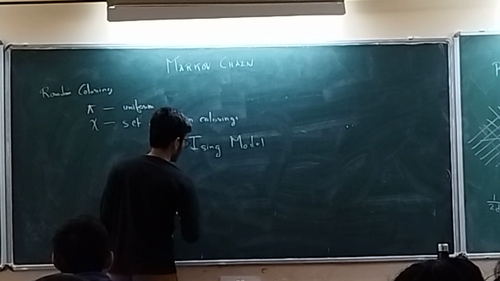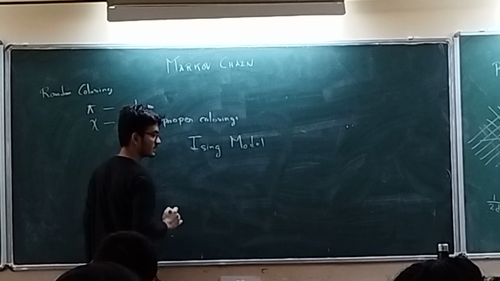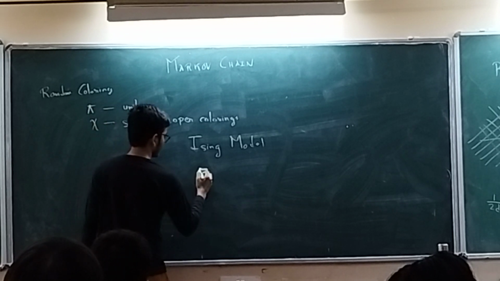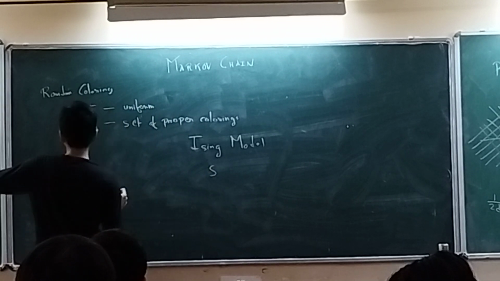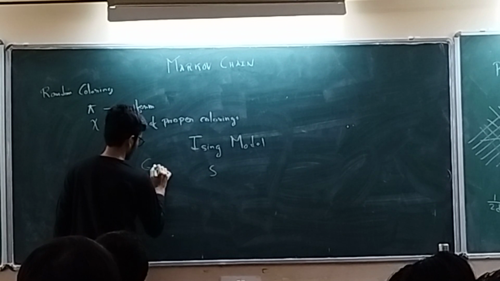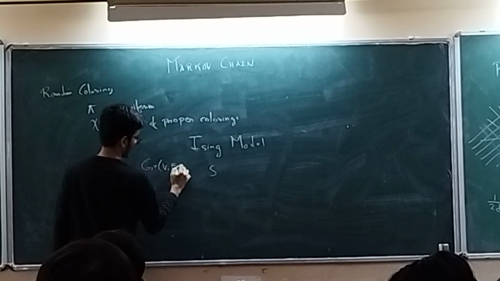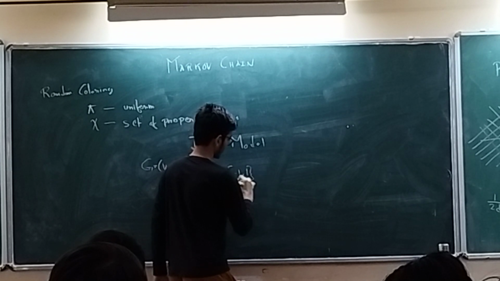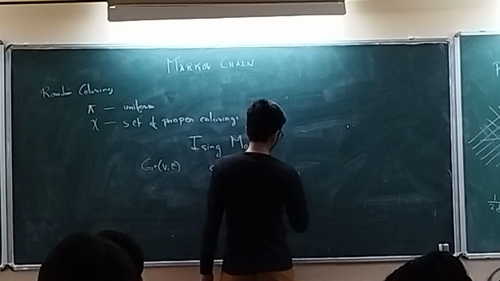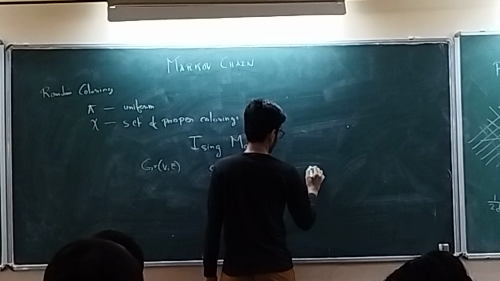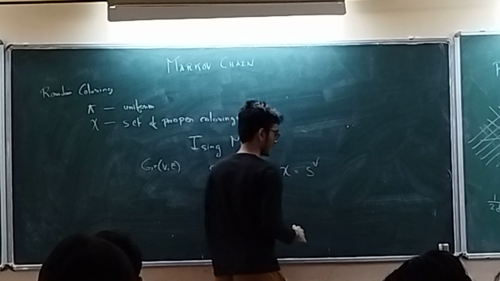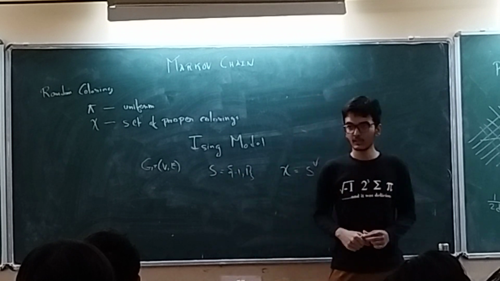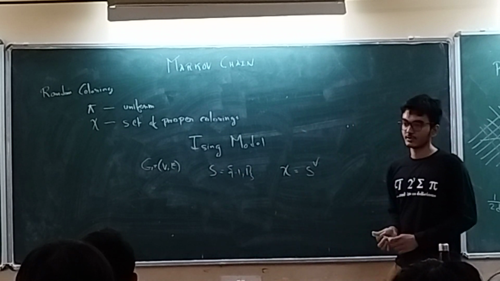Before describing the Ising model, it is described as a more general model. I take a graph, and the graph is constant. I only change this thing, that is, -1 and 1. And my X is all the functions. Now I am not taking a proper subset. For colorings it was a proper subset, but here it's not a proper subset.